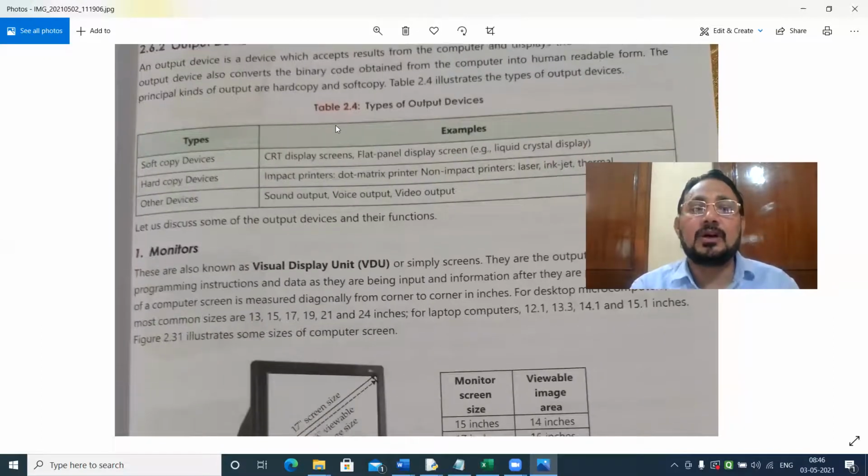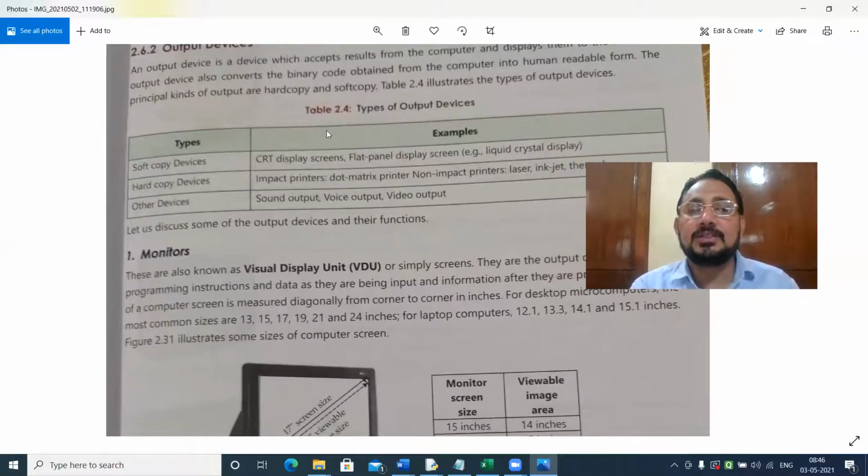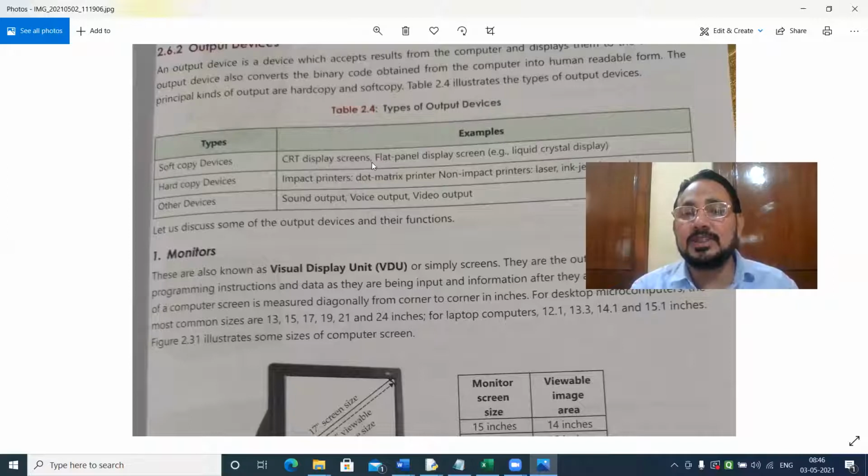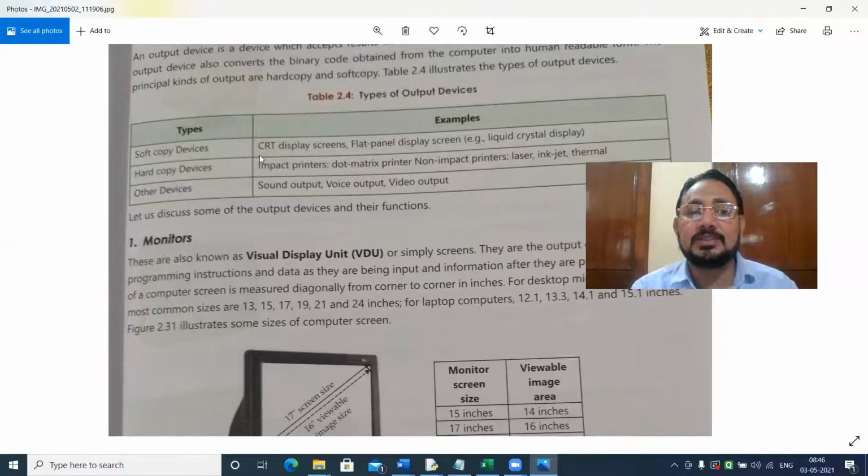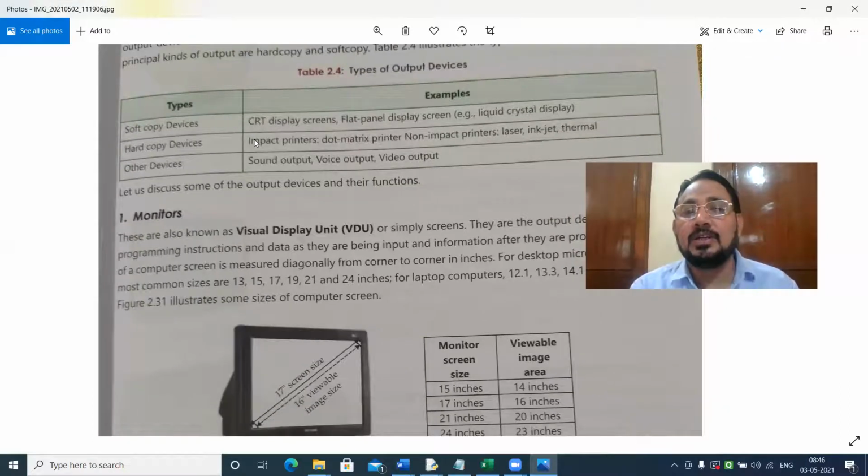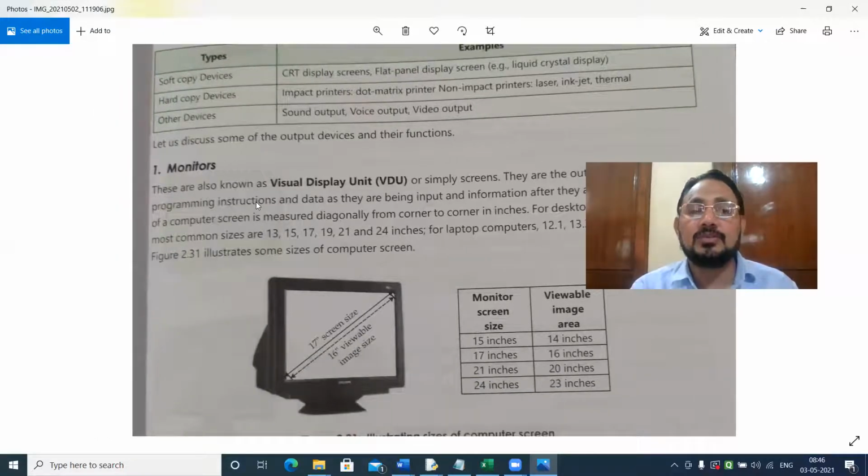Soft copy devices: CRT display screens, flat panel display screens, etc. CRT stands for cathode ray tube. The hard copy devices: impact printers, dot matrix printers, non-impact printers, and other devices, the sound device, voice device, etc.